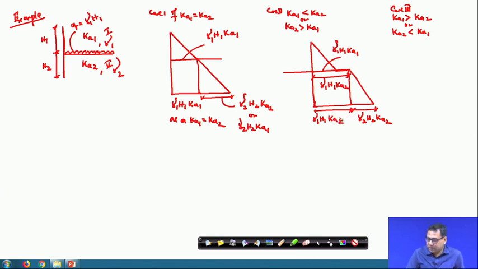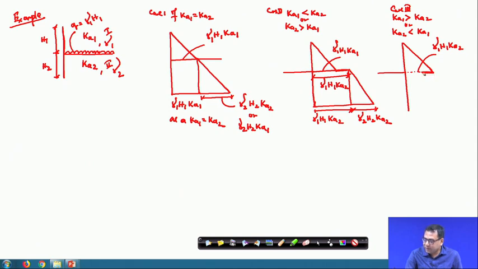This is very important. And another one is case 3, where we are taking the same problem, and up to this first layer there will not be any issue. And this value, as usual, will be gamma 1 H 1 Ka 1. Now, your Ka 1 is greater than Ka 2, or Ka 2 is less than Ka 1. So, this value will decrease.